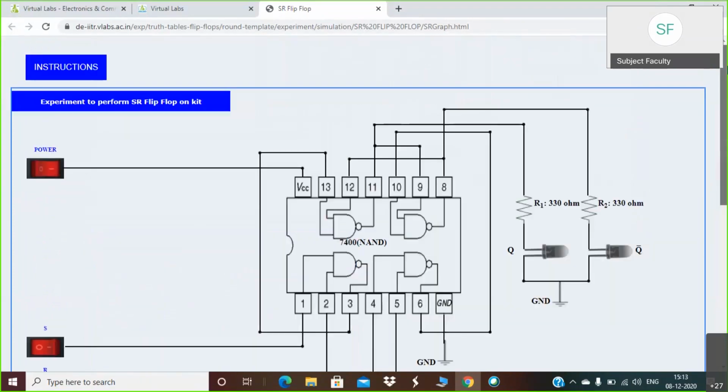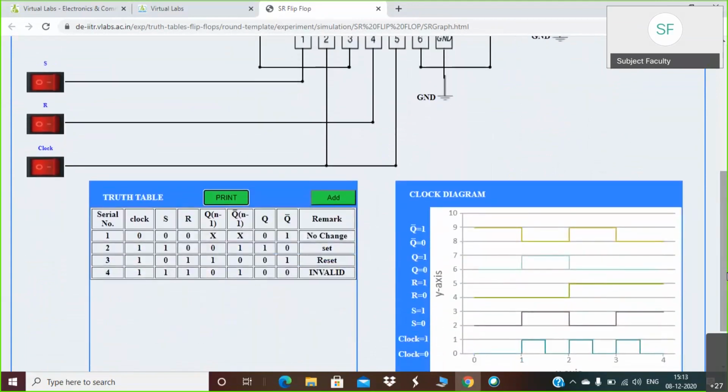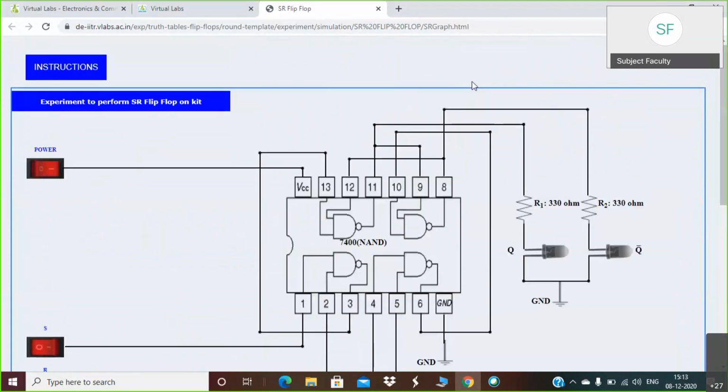Is it fine? Maybe a few of you were having some confusion. It will be clear when you actually try to perform this experiment. So in this way, we will stop our today's discussion here. If you have any query, you can ask me. Otherwise, we will conclude today's session here.